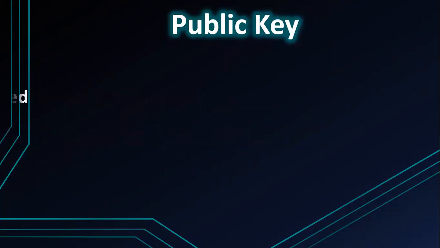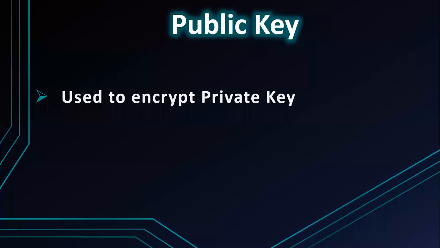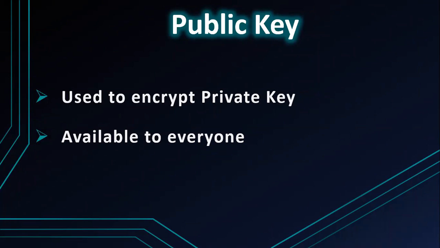Now the public key, what is the public key? It is used to encrypt the private key. The message is encrypted with the help of the private key, and then the private key will also be encrypted with the help of the public key. And the public key, since it is mentioned in its name, is public to everyone. The public key is available to everyone, like my Zoom ID, that is public to all the students of computer science, whether they belong to fourth optional or against bio computer science.